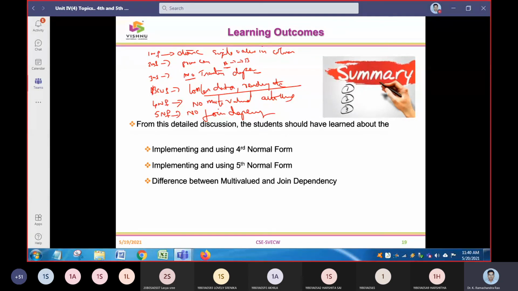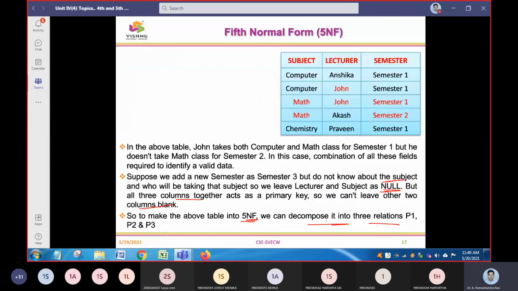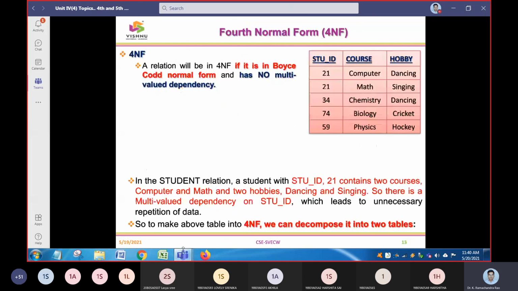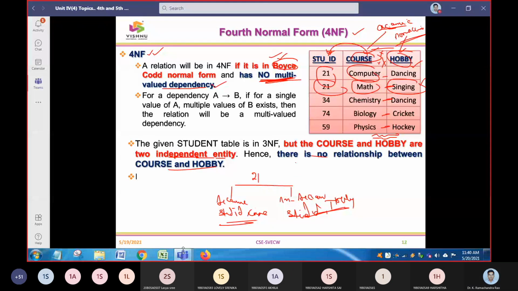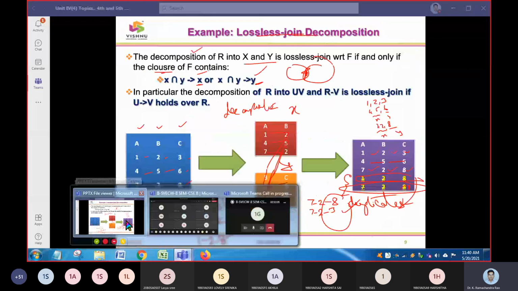So in DBMS altogether we have five normal forms. We worked out every normal form with an example. All the slides are available, you can have a quick glance. And tomorrow we will take up two case studies where we will work through each and every normal form with other examples. So we talked today about the fourth normal form and the fifth normal form. This is all for today.